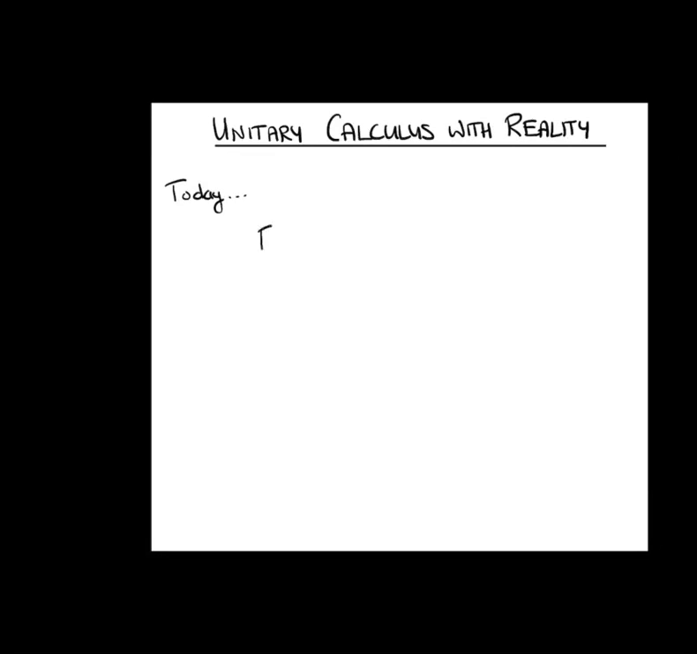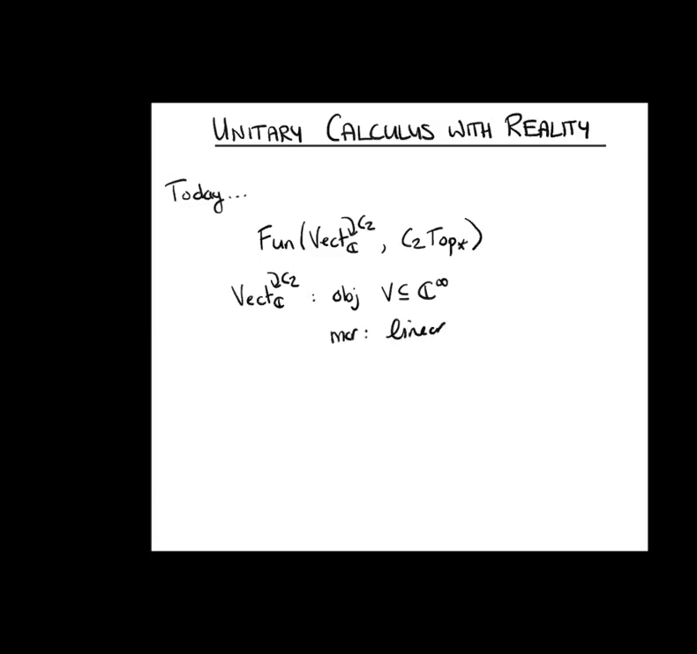So I want to look at functors from vector spaces over C, but with a very particular C2 action, to C2 spaces. So spaces with a C2 action. This category of vector spaces, let me be a little bit more precise about what I mean. I want the objects to just be finite dimensional inner product subspaces of C infinity, the morphisms to be linear isometries,